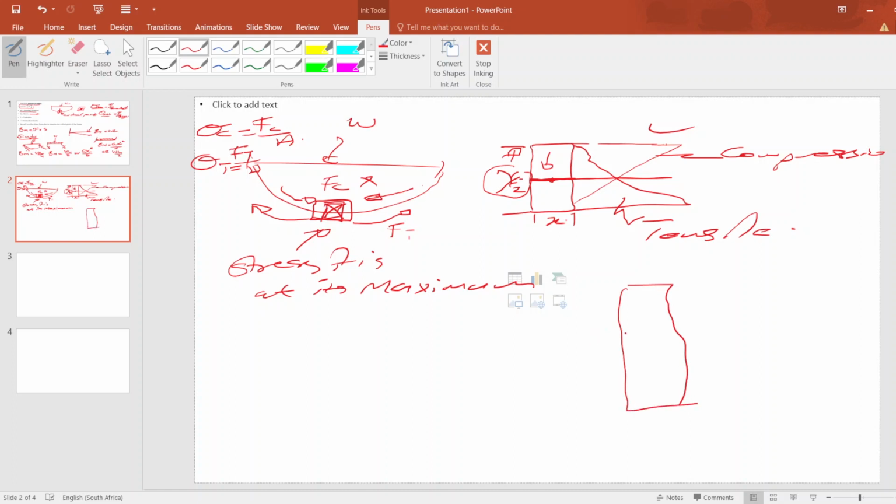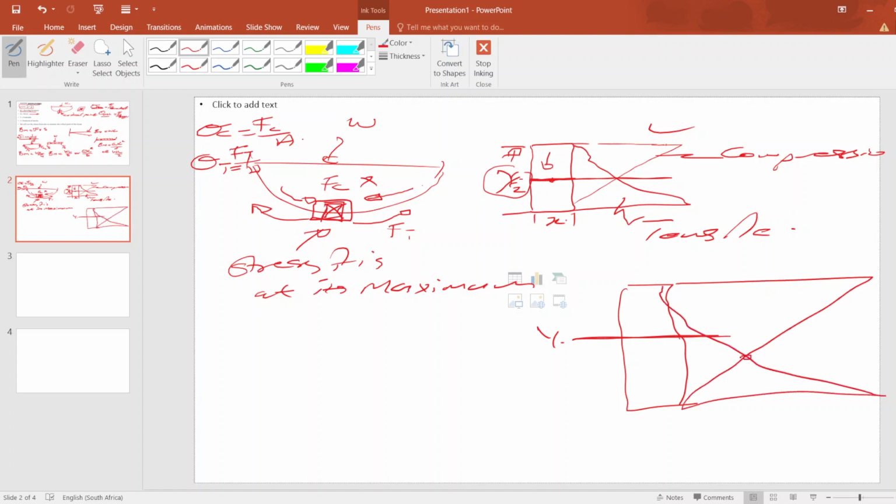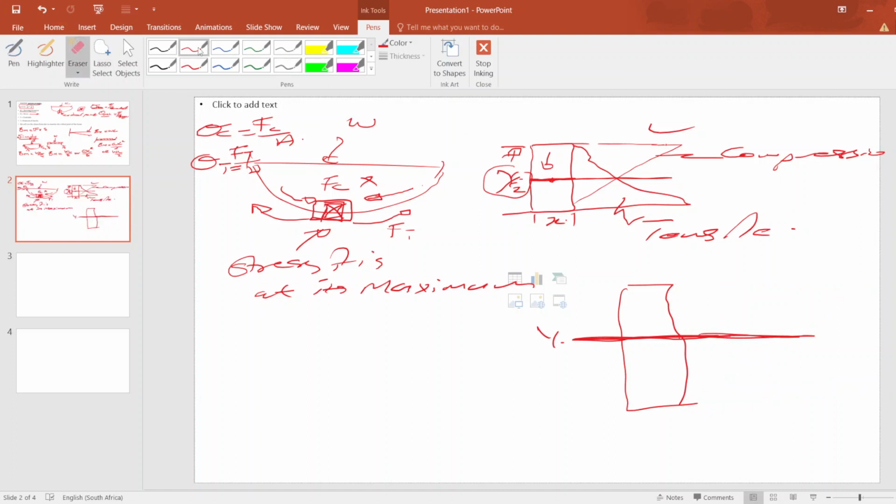Then we calculate our centroid, and find that this is where our centroid is. Then in drawing the bending stress graph, this line, this cross, has to be exactly straight with the center line there. It has to be straight with the center line, not as I've drawn it here, but because it's an example,